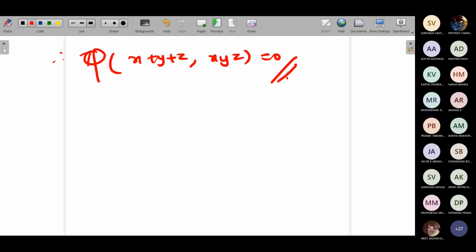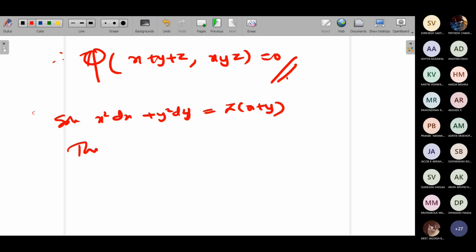Just check whether we have done this. Solve x square dx plus y square dy is equal to z into x plus y. I think we did this, right? No, we didn't do this. Okay, so solve x square dx plus y square dy equal to z into x plus y.